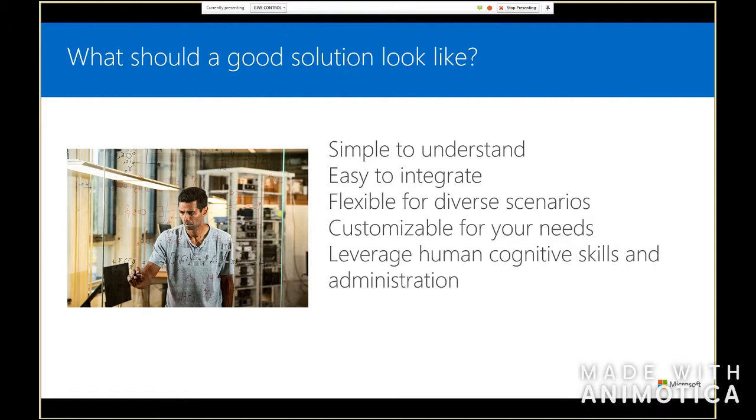Of course, you still need some human interaction for administration to create workflows and to provide review capabilities, right? So in many cases, you need a human being to tell the solution what is correct, what is not, and to review when we have a problem and the solution is not 100%.